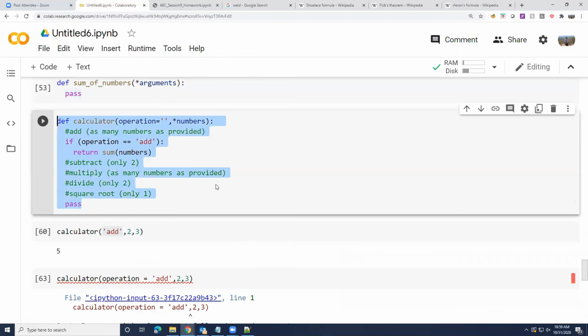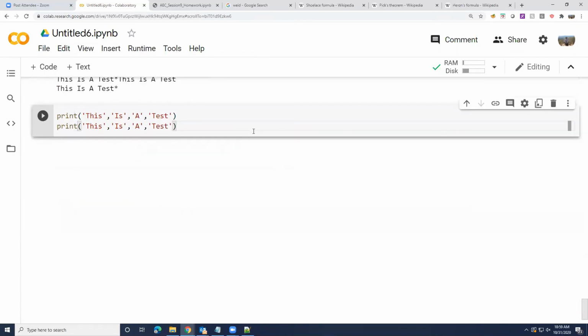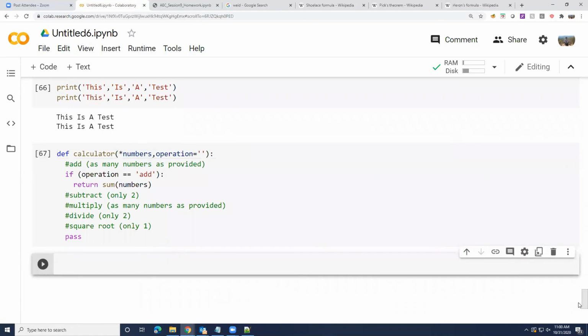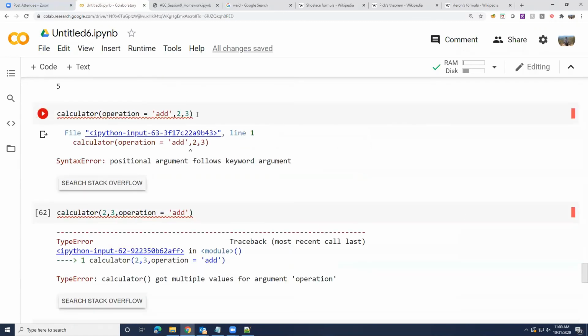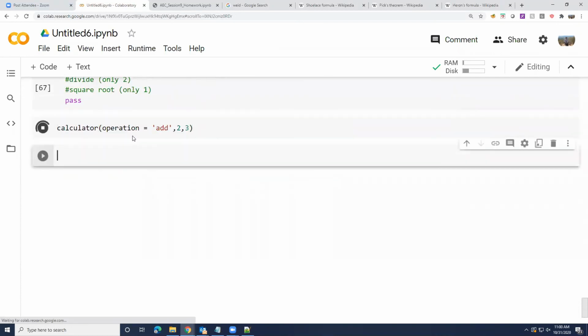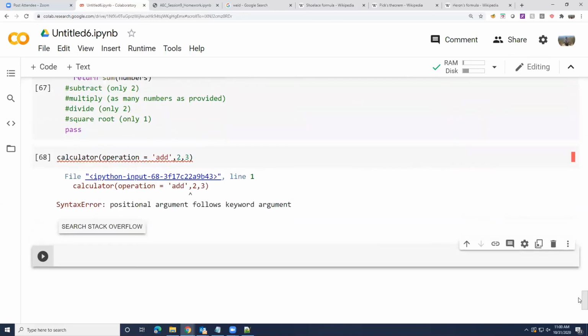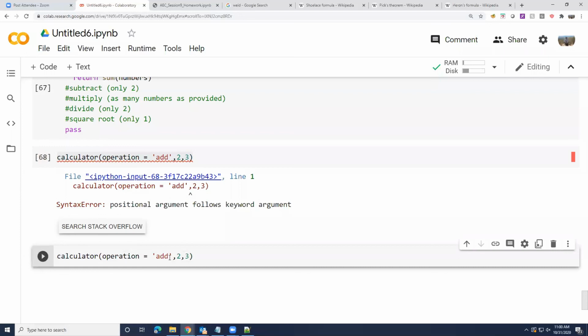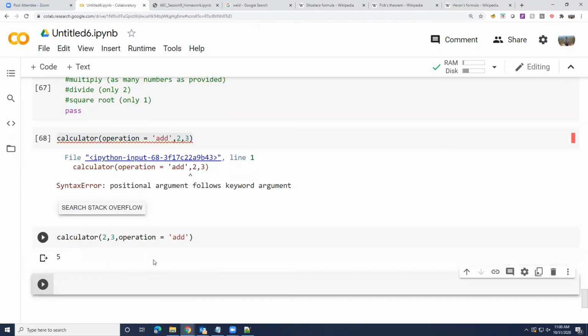So let me see if I can make my calculator function also accept this. If I move it out of the way of the numbers, and then give it operation, let's see if this works any better. So my original call that failed still seems to fail. But now at least if I switch this order, does it work at least? Now it seems to work, right?